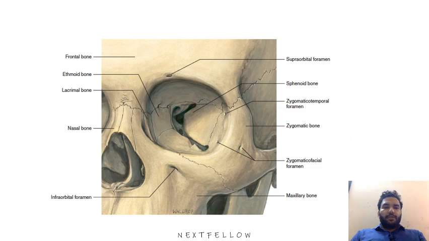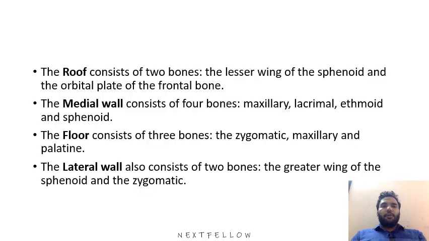So as you can see here, all these bones: frontal bone, ethmoid bone, lacrimal bone, and maxilla, zygoma, zygomatic bone, zygomatic-temporal, sphenoid here, supraorbital foramen, all these things you can see in this picture. So coming to the roof of the orbit, it's formed by the lesser wing of sphenoid and the orbital plate of the